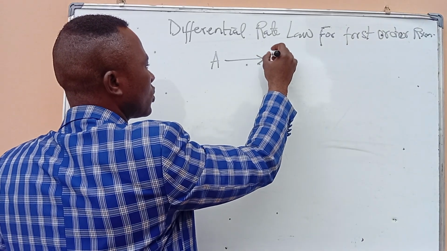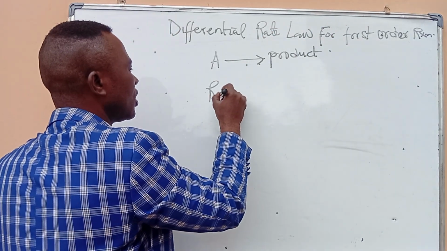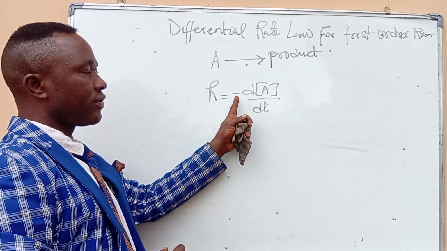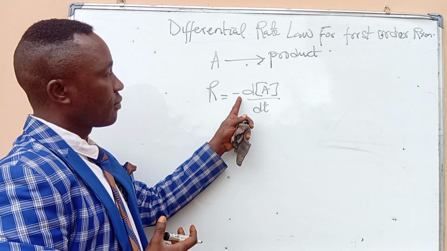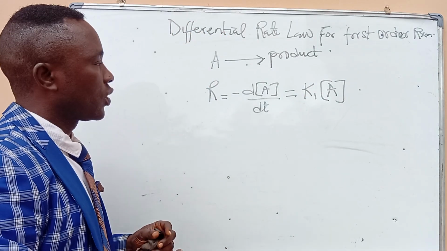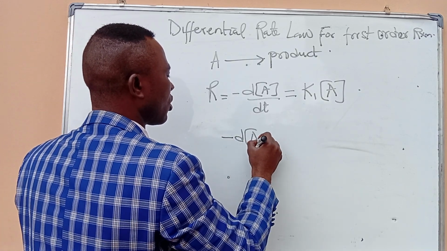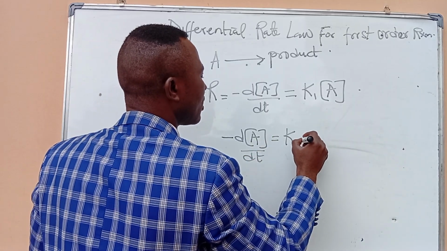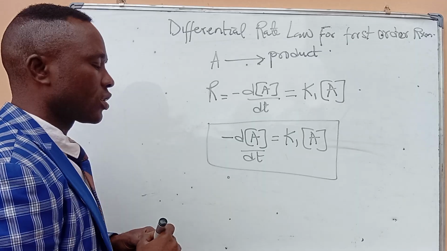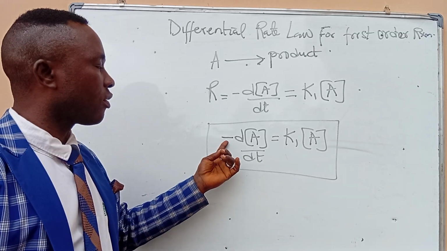Now, A reacts to produce a product. The rate of the reaction will be equals to minus change in concentration of the reactant divided by change in time. Remember, the negative here shows that the concentration of the reactant decreases with time. And this we have shown to be equals to K1 into the concentration of A. So minus change in concentration of the reactant divided by change in time becomes equals to K1 concentration of A. This we have here is what we call the differential rate law for first order reaction. It is telling us that the rate of reactant is decreasing with